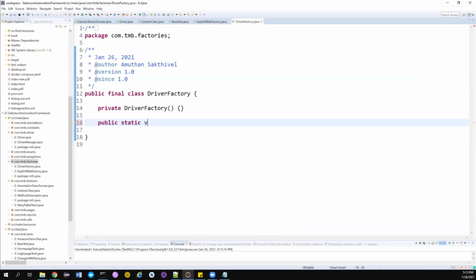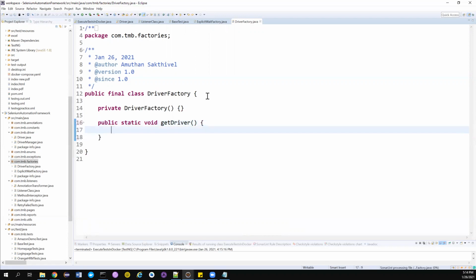And let's see what it will return. But for now, I will keep it as void, and then maybe I can name it as get driver, because when someone calls this particular method, it will do all the operation it needs to do, and then it should give them back the WebDriver instance. That's it. So now we are ready.